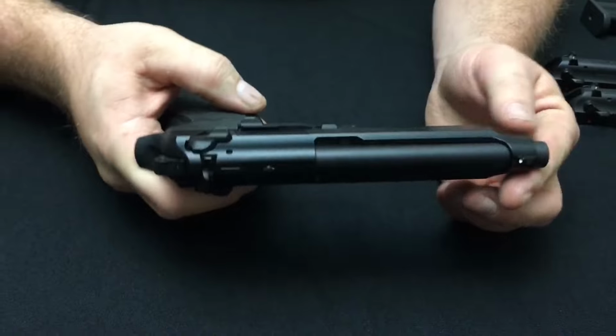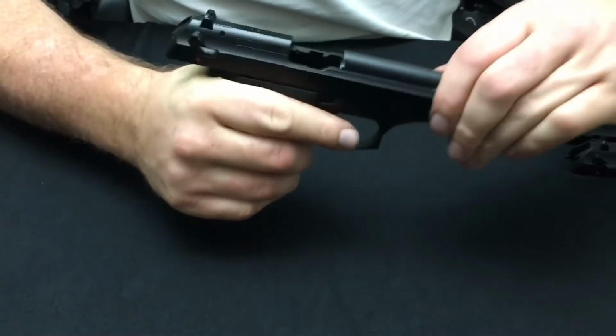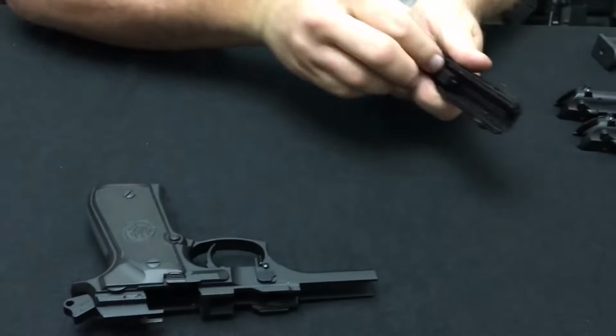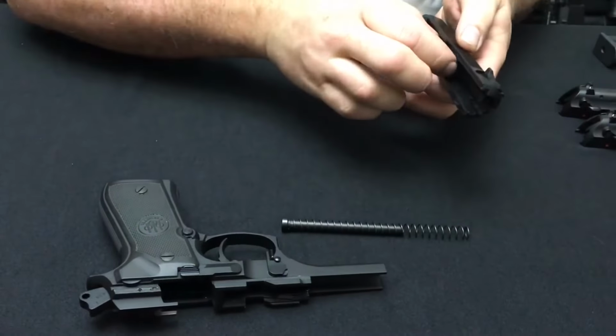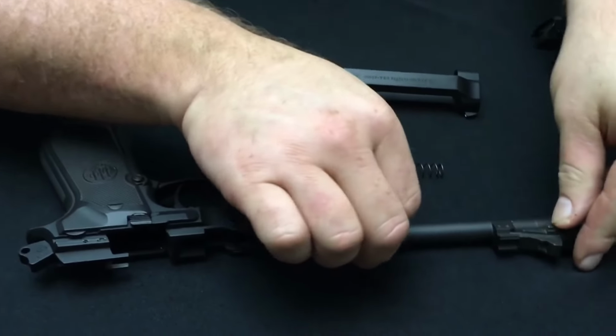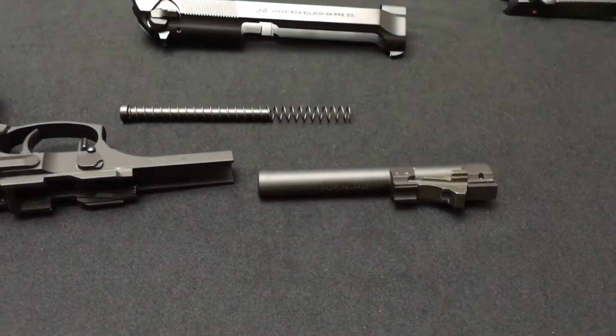We're going to disassemble the pistol now. Empty. We're going to take a look at the barrel. What you see here is a U.S. military barrel